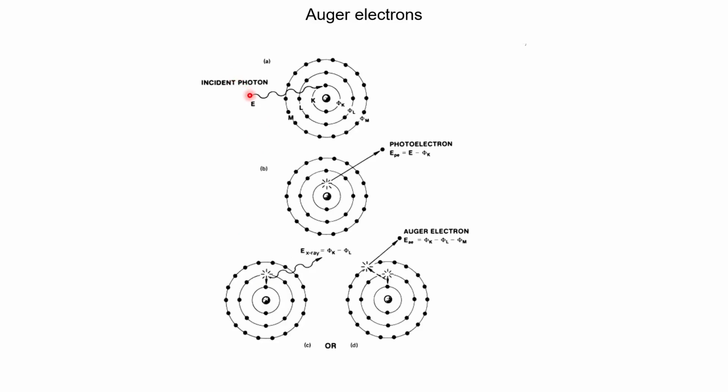If this is your incident electron, coming as a wave, and it interacts with an inner shell electron, then the inner shell electron is emitted out. As a result, an electron from a higher shell moves towards the inner shell, and the energy difference of this movement from the higher shell to the lower shell is very small, and it generates these Auger electrons. If this is the K shell and this is the L shell,